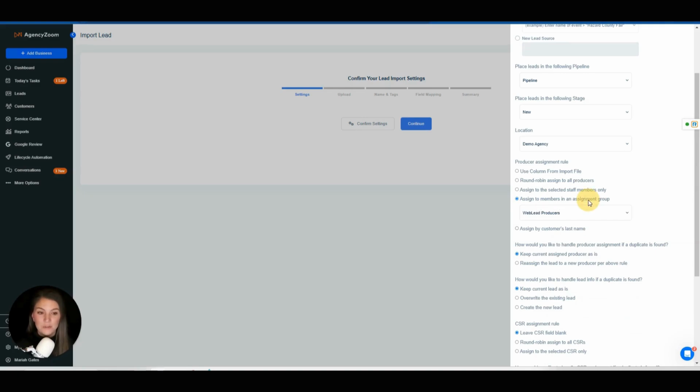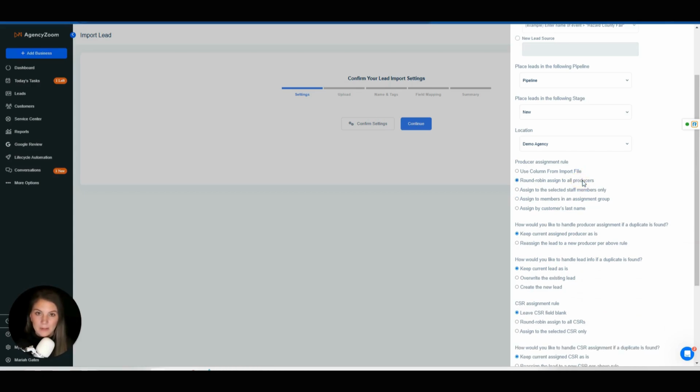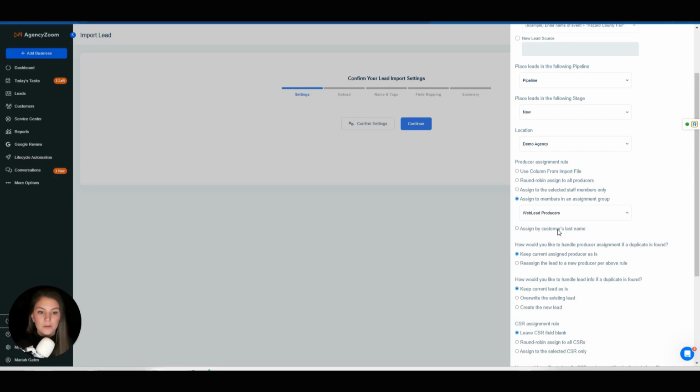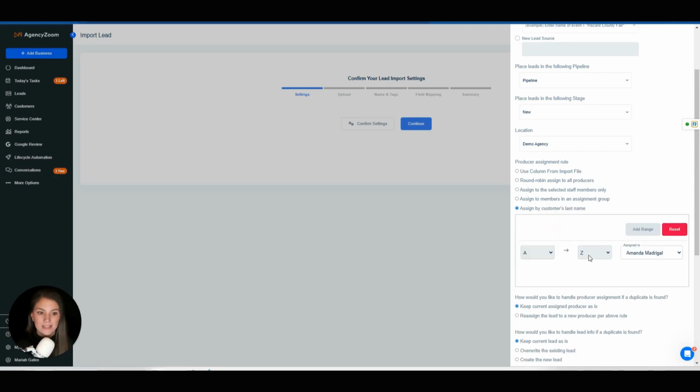I really recommend you use these assignment groups instead of the all round robin to all producers. I'll explain this in another video when we go over the permission levels, but assignment groups gives you the most control. Also, you can assign them by last name, so you do have some routing options here. If you want to be able to add different ranges, clients with the last name that go from A to D, for example, could go to one producer, and then from E to